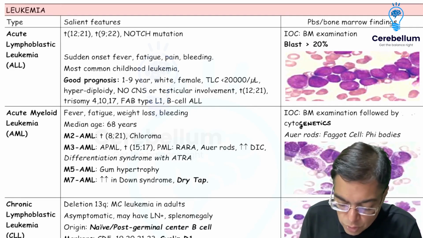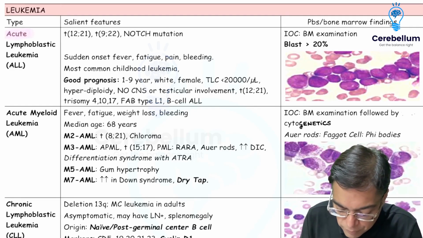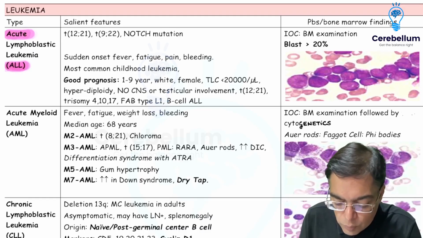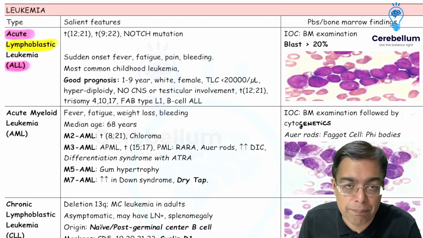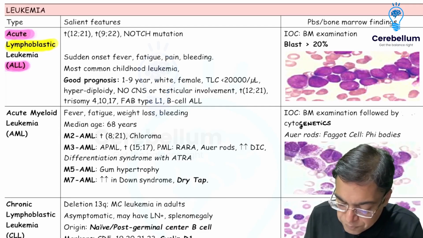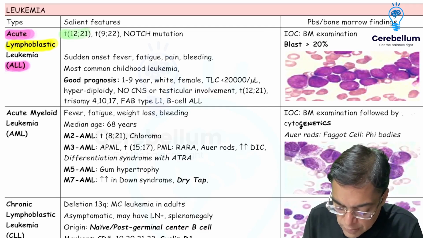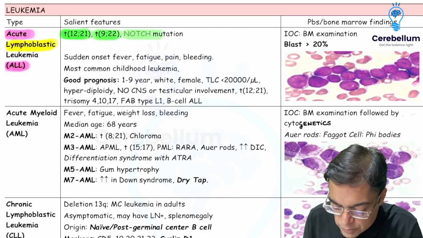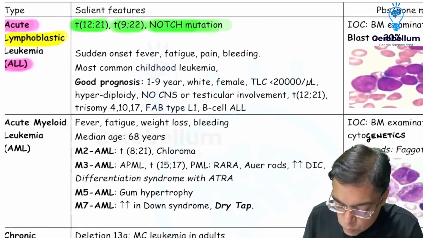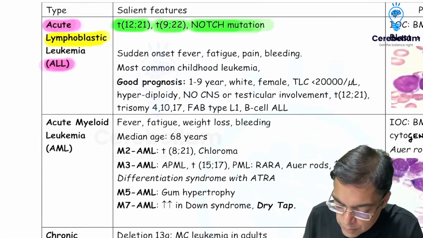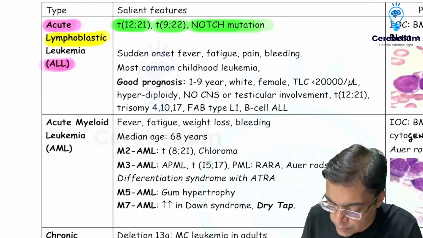A short history is an absolutely characteristic feature of acute leukemias. And any acute leukemia where you have an increase in the number of lymphoblastic cells is going to be characterized as acute lymphoblastic leukemia. This may be associated with certain types of translocations like translocation 12;21 or translocation 9;22, or the presence of mutations like the Notch mutation. We need to remember why we are asked questions in the exam time and again with regards to acute lymphoblastic leukemia,